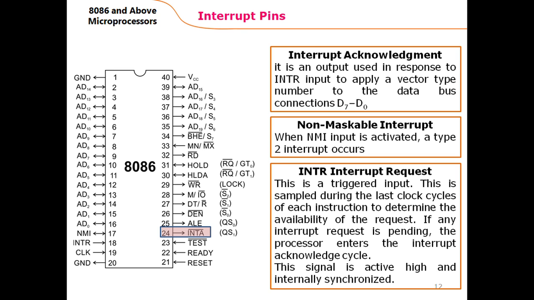The difference between the interrupt request pin and NMI is that interrupts received through interrupt request can be disabled. When the interrupt flag is set to 0, then interrupts are disabled and no interrupt can be received through the interrupt request pin, but NMI, the non-maskable interrupt, cannot be disabled. So interrupts can still be received. And when interrupts are acknowledged, this is done through the interrupt acknowledge